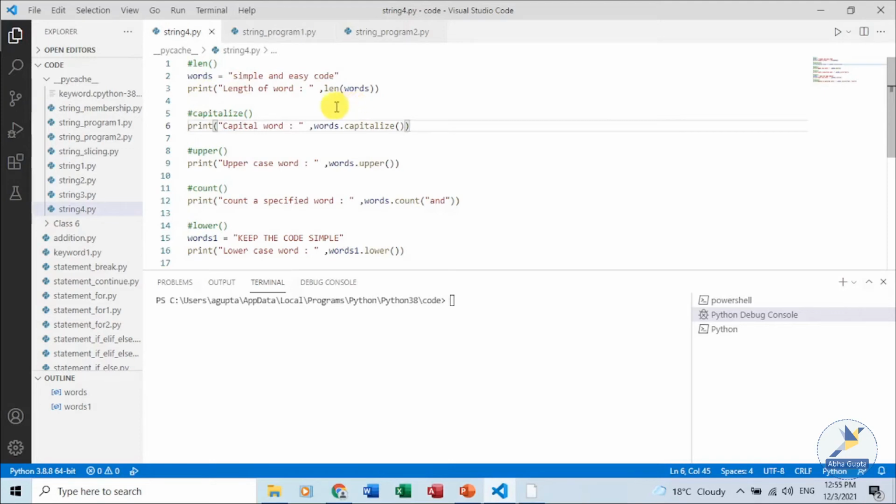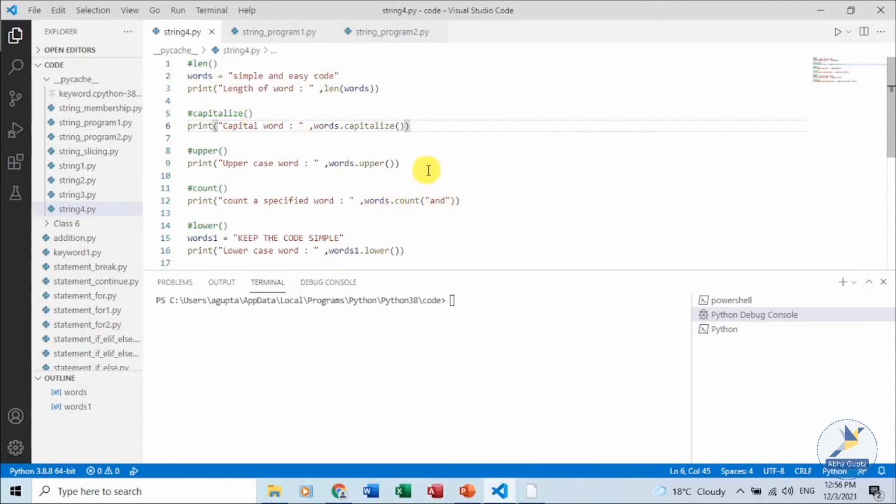Capitalize converts the first character to uppercase, so we have the variable dot capitalize function. We have the count method, which returns the number of times a specified value occurs in a string. For example, we are trying to find how many times and occurs in this string which we are using for the purpose of seeing the result.